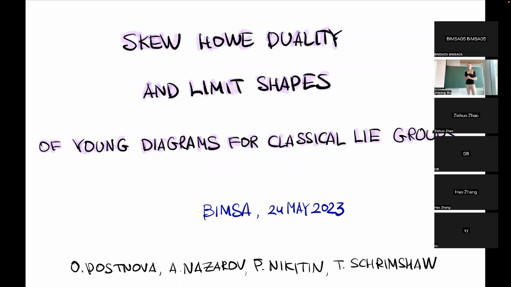Today I'm going to talk about the joint work that we have been doing with Anton Nazarov, Pavel Nikitin, and Travis Grimshaw on the limit shapes of Young diagrams, and how this problem is in fact connected with the Skew Howe duality. So maybe I would right now give some introduction to the problem. So actually the problem of limit shapes of Young diagrams